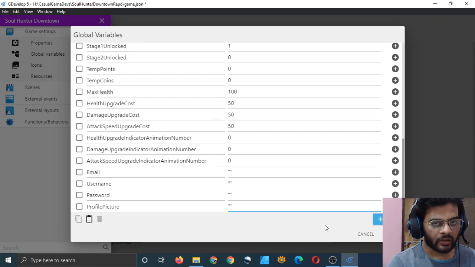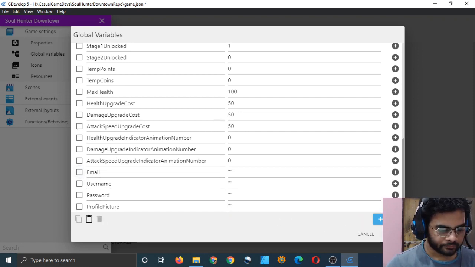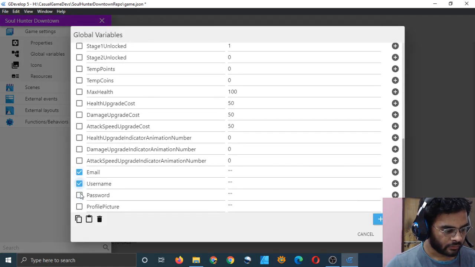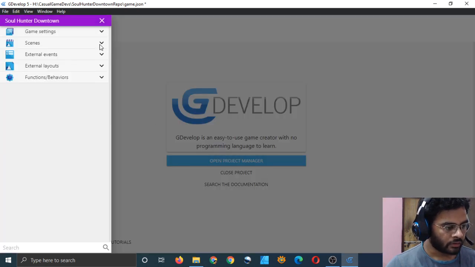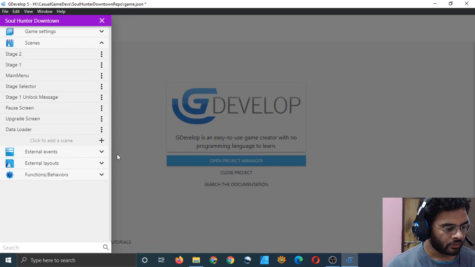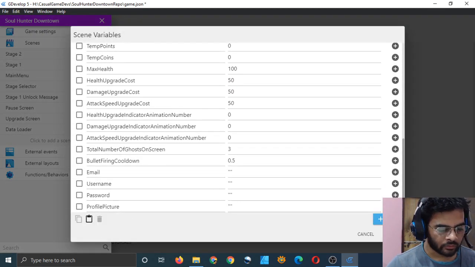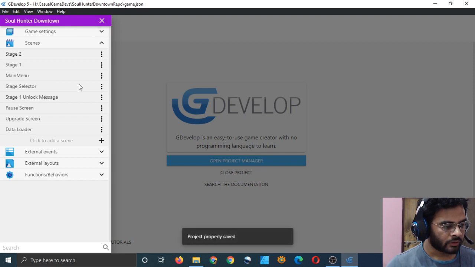I can't think of anything else right now, so that's good. I will apply, and I will open it again, and I will just select these 4 and copy them and cancel, and go to my data loader scene, and just paste these 4 and apply. Cool. So we have every global variable in the data loader,